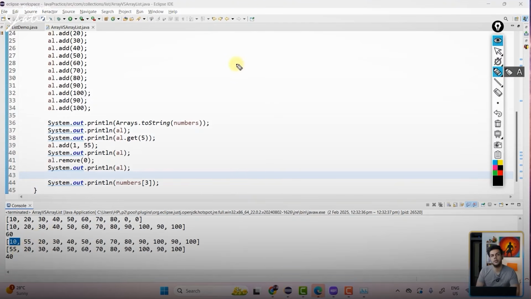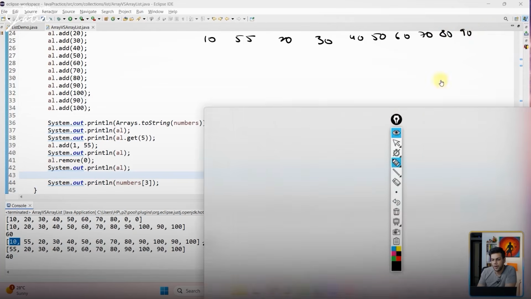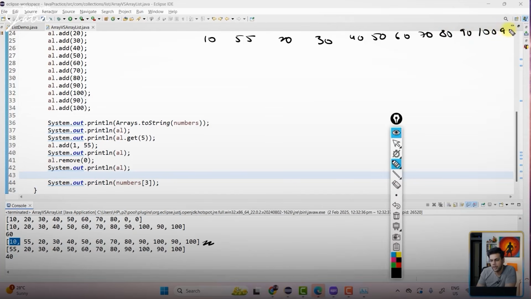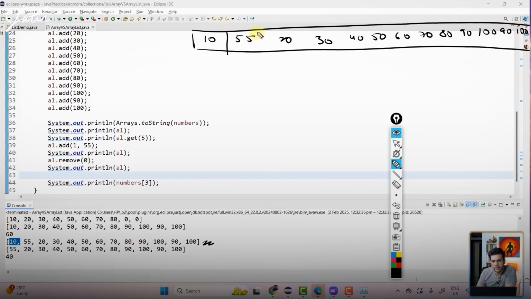Understand something. What does remove basically mean? So we have this particular array list, right? 10, 55, 20, 30, 40, 50, 60, 70, 80, 90, 100, 90 and 100. This is my array list. Array list looks exactly the same as an array.